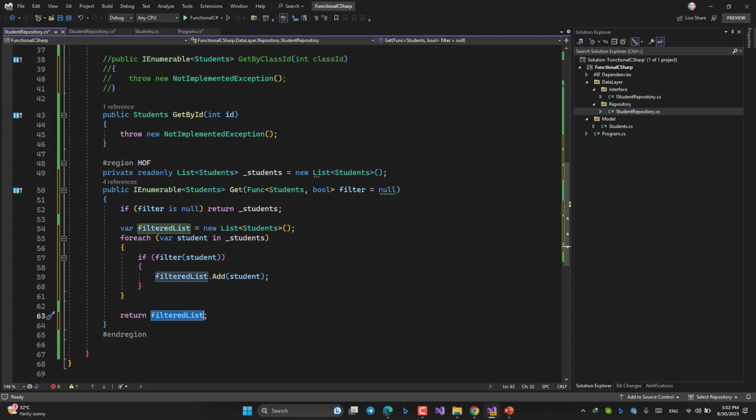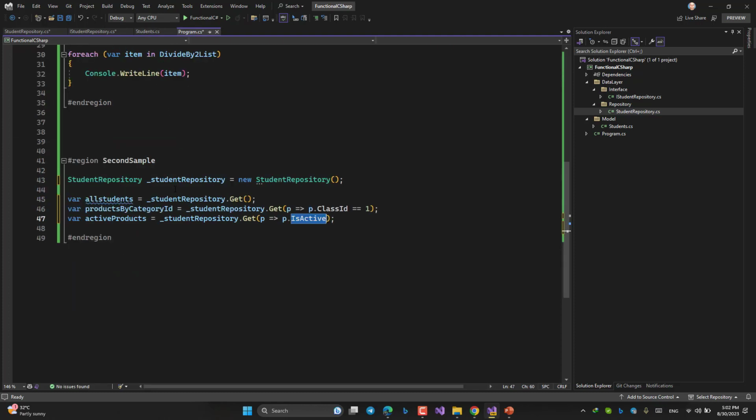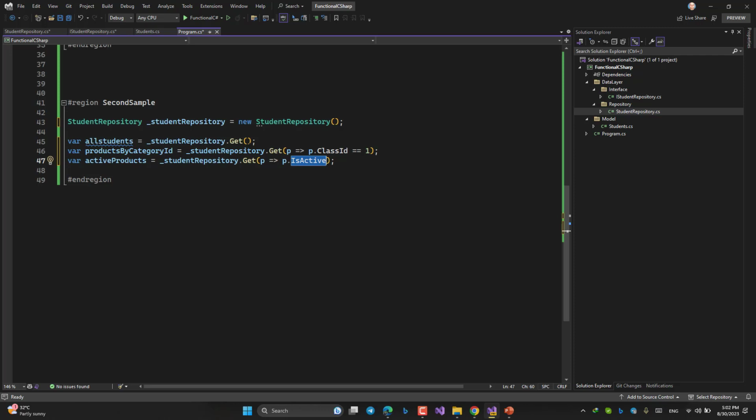By a simple Get method, as you can see, I can pass the parameter like this as a filter, and then the method can be applied against my data. So as you can see, this is one of the usages of this way of functional programming to ease the job.